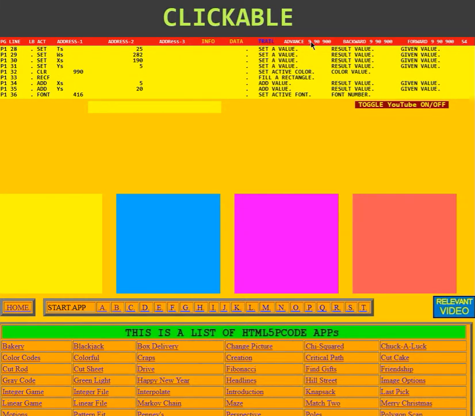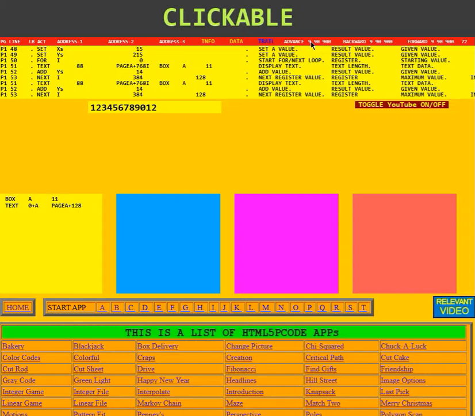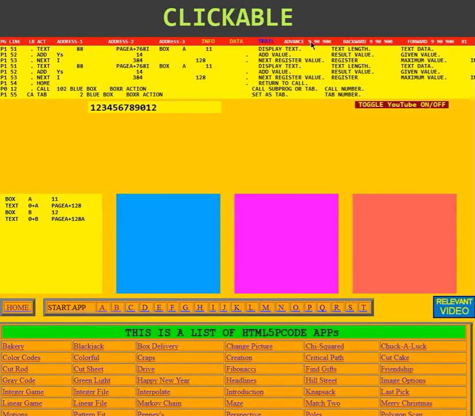Now it made the yellow box. It put the text in the yellow box, and I see it made clickable. Now it's putting information down there in the yellow box. Still hasn't... now it's returned to the main program. Instruction 12 of the main program says call subprogram 1 tab 2,